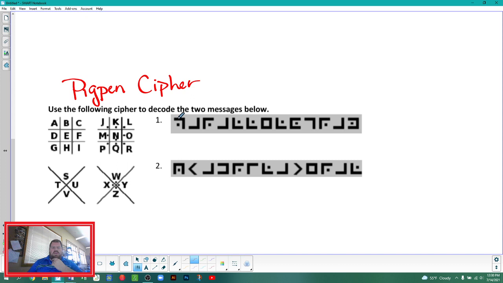We're looking for which letter corresponds to the 7 shape with a dot in it. That would be this piece right here, because it has that angle with a dot in it. So this is a P, this is an A, this is an R,